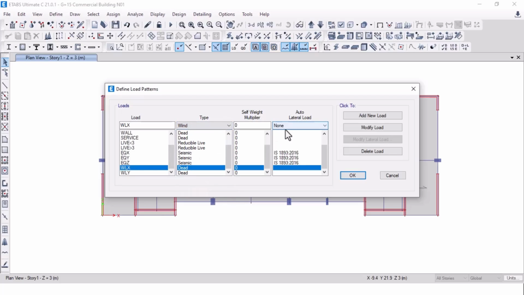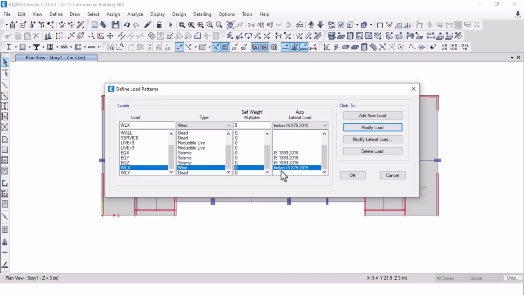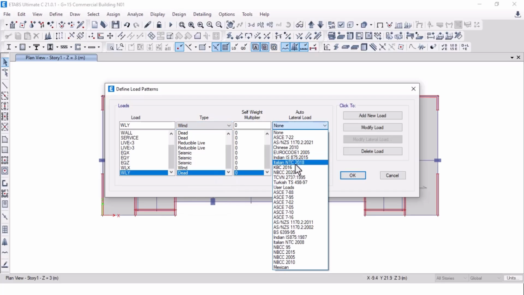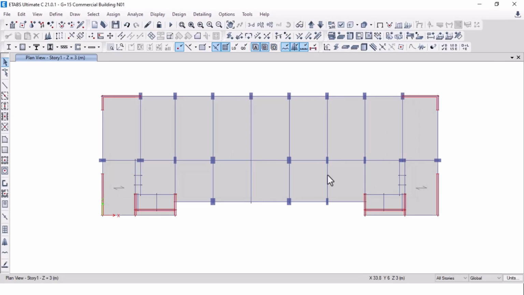It should be wind, and we will take the code of 875/2015. And okay,